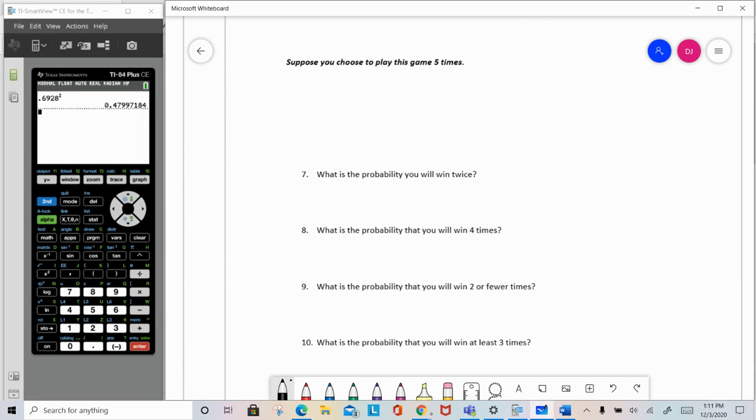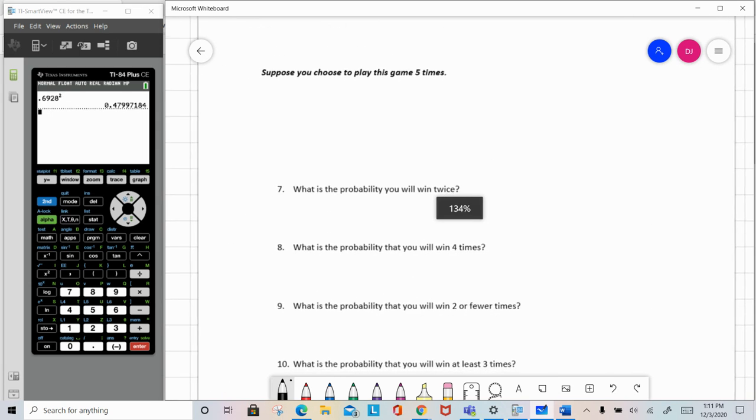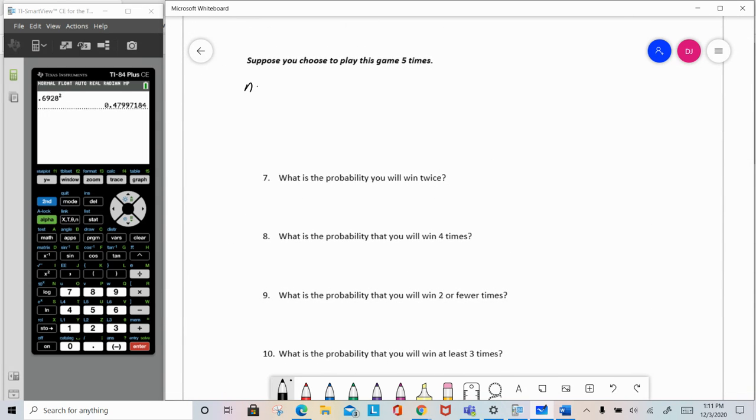We're going to say that n represents the number of times that we're going to play the game. That's 5 times. We're going to say that P is the probability of winning. And if you remember, we said the probability of winning was 0.2. Q is 1 minus P. That's the probability of losing. That would be 0.8. That'd be the probability of losing, right? 0.2, the probability of winning. 0.8, the probability of losing. Okay. So what I'm going to do is I'm going to take P